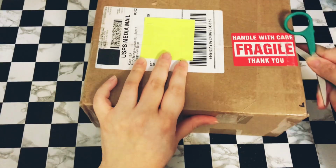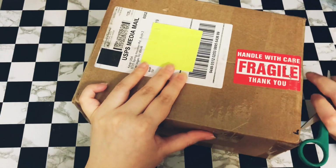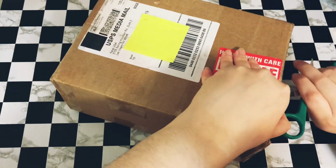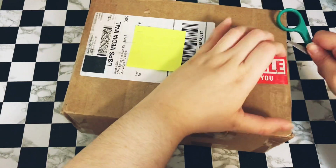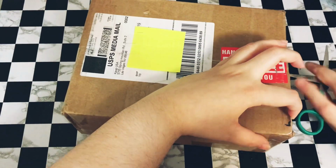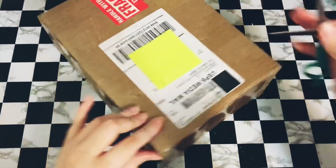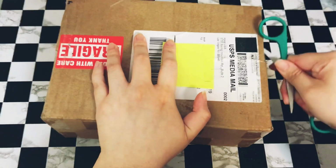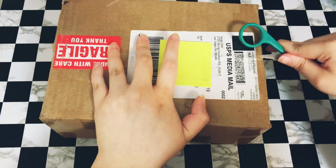So anyways, this here is my Monster X Fatal Love album. I love this comeback, so of course I had to order at least one copy because I am very, how do I say this, I mean, aside from broke, I'm very hesitant in wanting to have more than one version of their albums for now, because it's 4 versions. That's like a lot, and max I usually do like 2, maybe 3 versions, especially for some groups that I